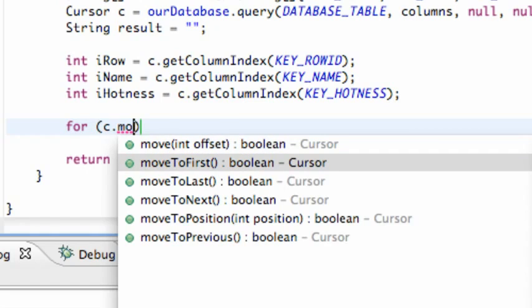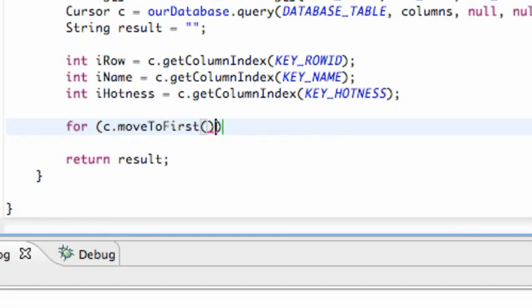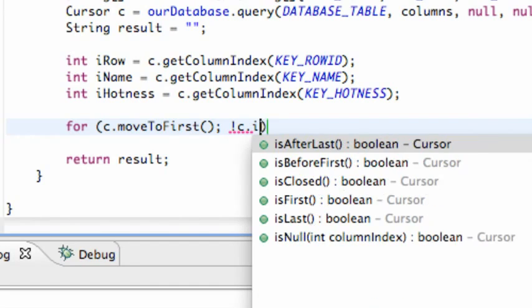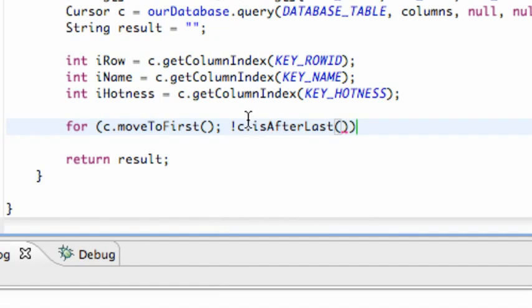So that's going to be the first row, and that's where our cursor is going to start. Then we're going to hit a semicolon, and then we're going to say as long as it's not equal, for the most part, again that's our expression mark there, as long as our cursor does not equal C dot is after last. So we're going to use this method. So if our cursor is at the position after the last entry in our database, that's when it's going to stop. And then we're going to just hit semicolon,